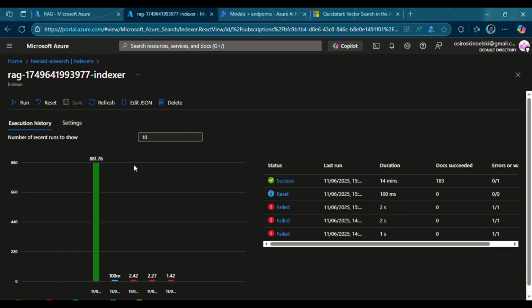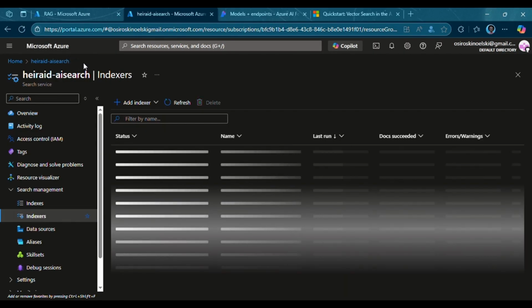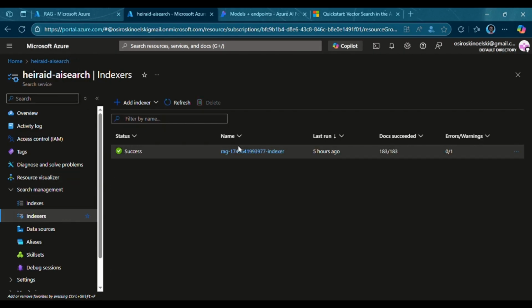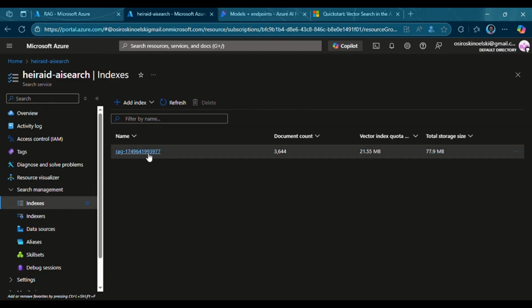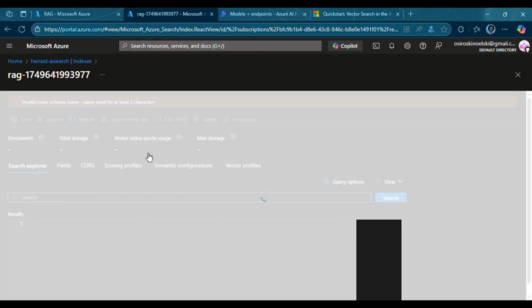Let's check out my indexer, and this is what has run successfully. How long did it run for? It ran for 14 minutes. As you can see, I had some initial trials with authentication issues. This is what happens when something isn't connected quite well. You get authentication issues and your indexer won't run. It takes 2 seconds, then fails, and you have to start debugging where the connection problem is. So I can query my indexer, and let's see